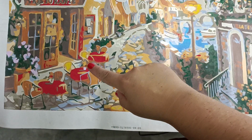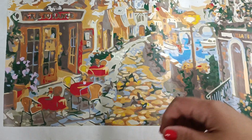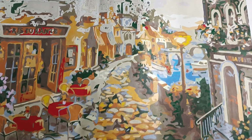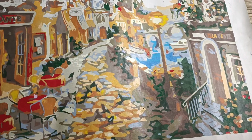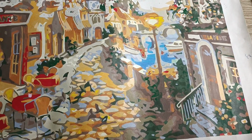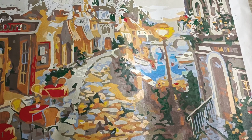Like when you look from far, this chair is much better, don't you think? It looks better. So maybe you're supposed to be looking at it from far. I don't know, you tell me. I'm not really sure if I like the result. I can say that definitely I like the process. Well, basically the process of coloring, it's kind of relaxing. So nothing else. I can say that maybe out of 10 I give it maybe